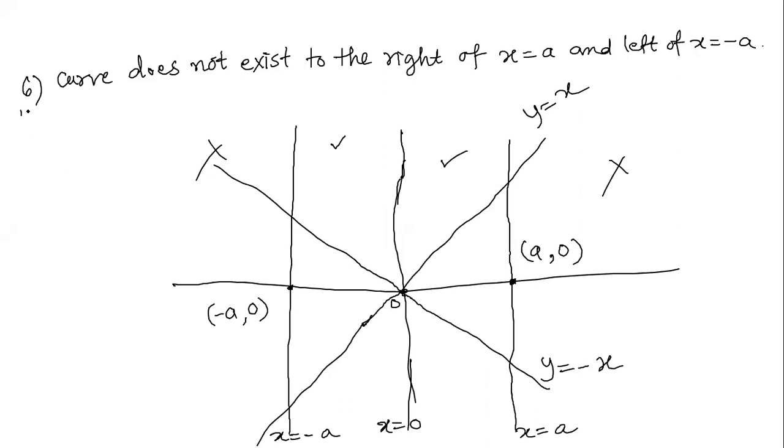That means that there is a loop. There is a loop between 0, 0 and a0. ठीक है? And being symmetric about y-axis also, there will be another loop between 0, 0 and minus a0. So we'll say there are two loops on y-axis. And let us draw now here.